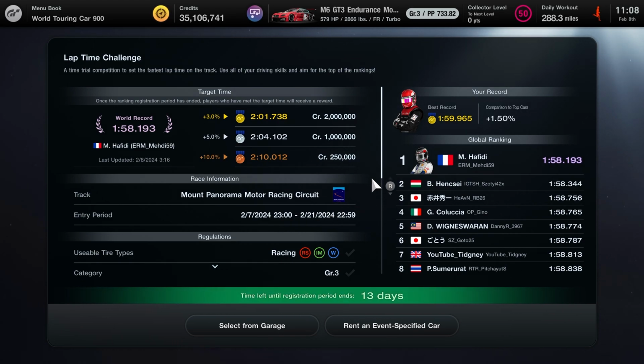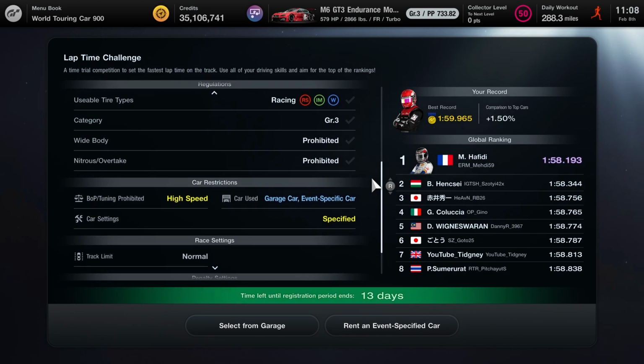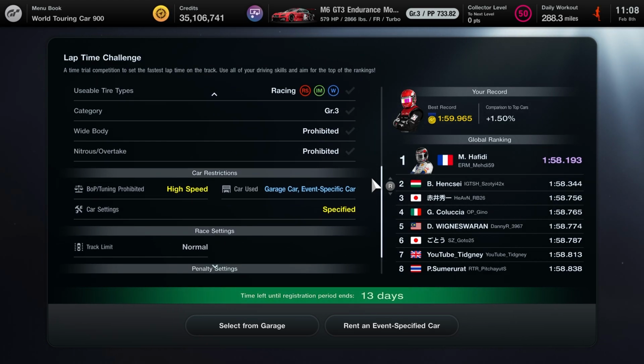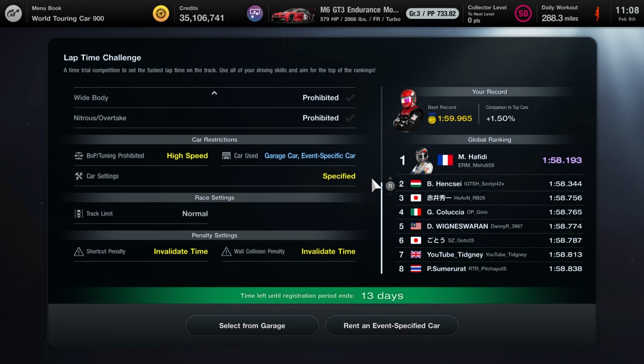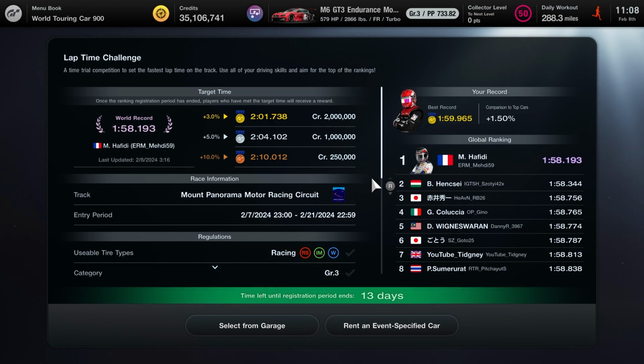This is a 2-week event ending at the end of February 21st, 2024, where your goal is to get within the 3% time range of the world record time when the event ends, as that is when your lap time gets counted. BOP is turned on, but no, you cannot tune your car, and we are on the racing soft tires. Now, the top car for this event is the Genesis X, but I'm not a big fan of